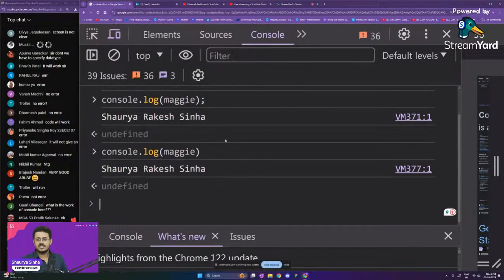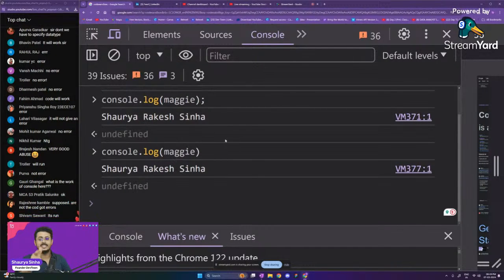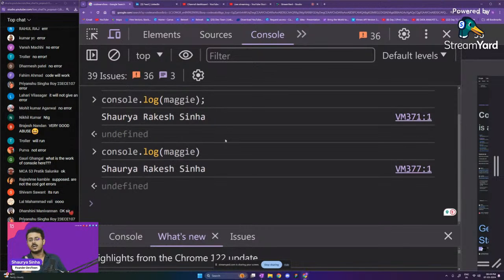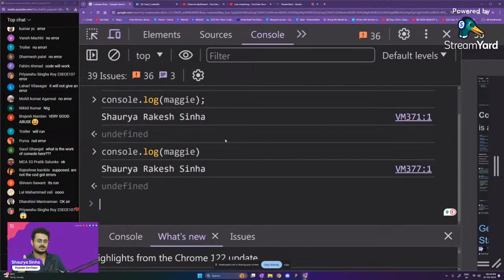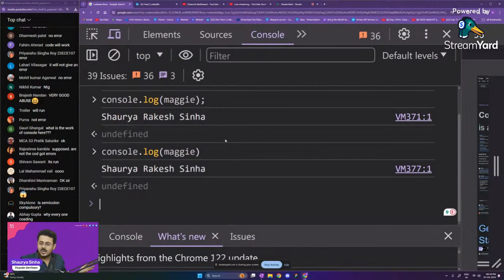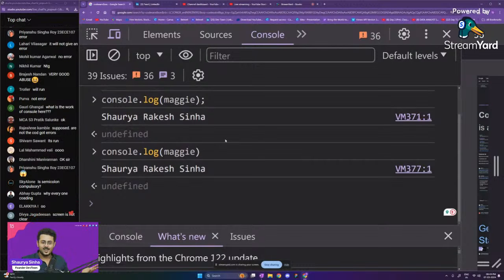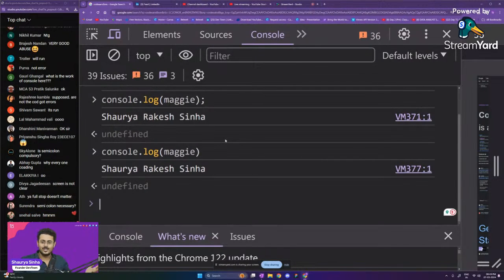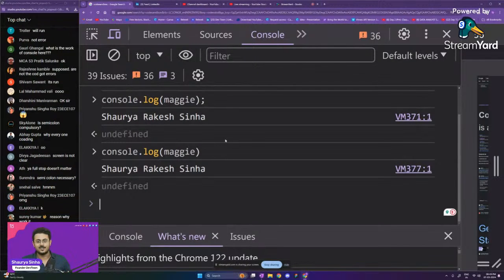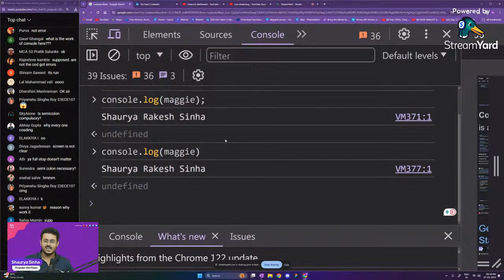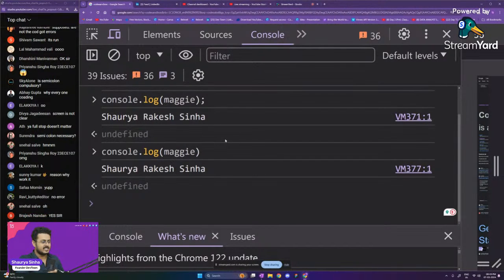Now, please try to understand this, that JavaScript is actually intelligent enough. JavaScript is not dumb. Okay, I'm not able to see the screen clearly, because I don't know how to change the quality of the video from 480p to 720p. JavaScript is not dumb. JavaScript is very intelligent right over there.